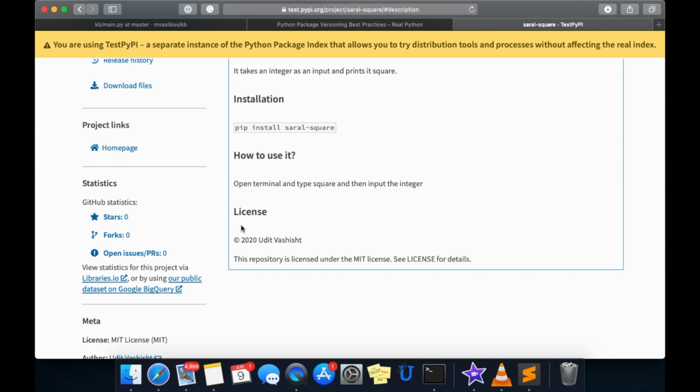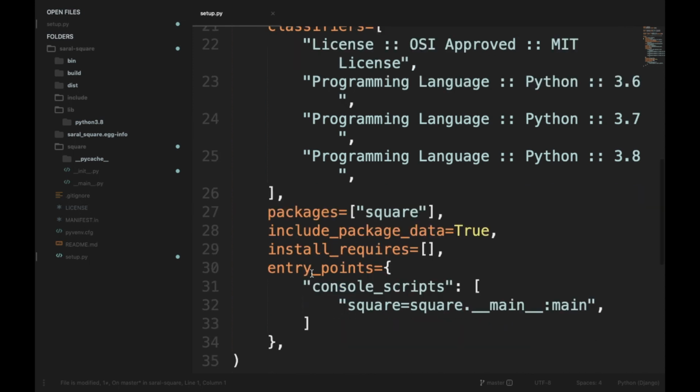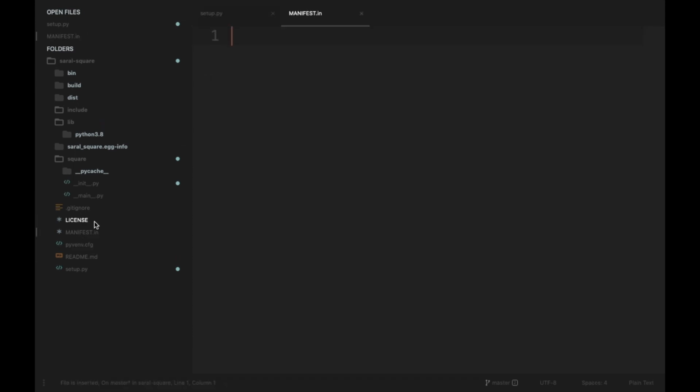Moving on, if you want to add certain static files to your module, you can do that using the MANIFEST.in file. All those files should be in our package folder, which in this case is Square, as we have declared it in our setup.py file, and include_package_data should be True. Then we will move to MANIFEST.in and here we will write include square.txt file, and it will include all the txt files available in this Square folder in our module.